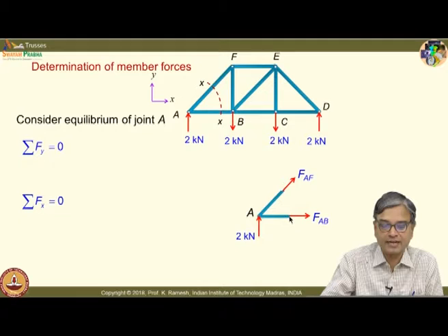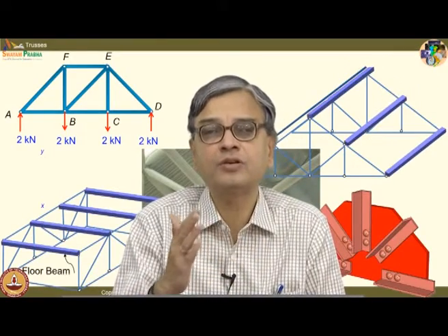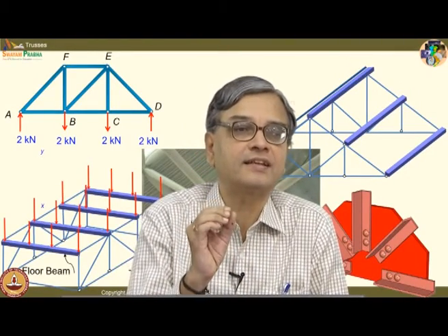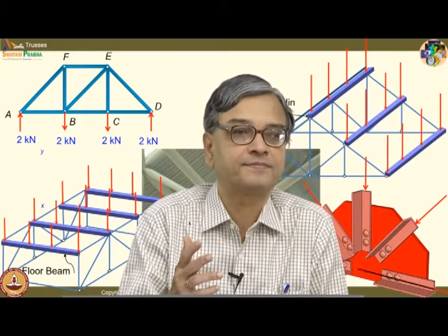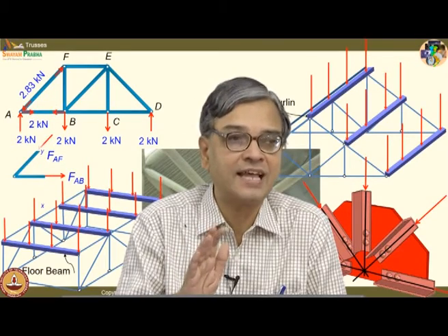If I have a force acting away from the joint, it indicates tension. And the mathematics tells me, if I have assumed it in a particular way, the algebra tells me whether I should retain that or change its orientation. If I have a force towards the joint, it is also very clear the member is under compression. But I have said many books simply isolate a joint as a circle and then indicate the forces. Algebraically, you will get the same numbers, you will not make any mistakes there.